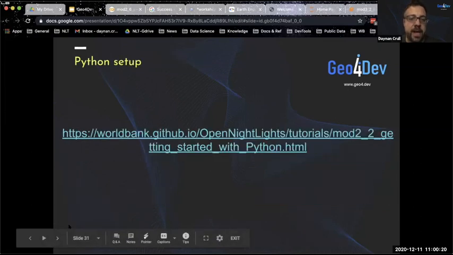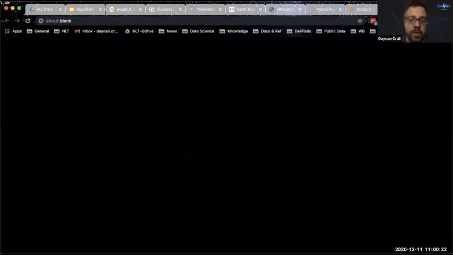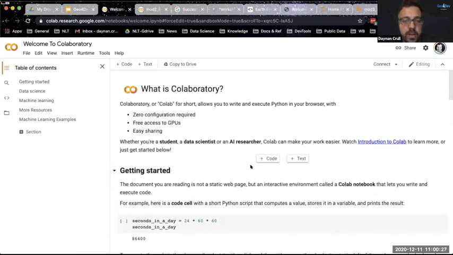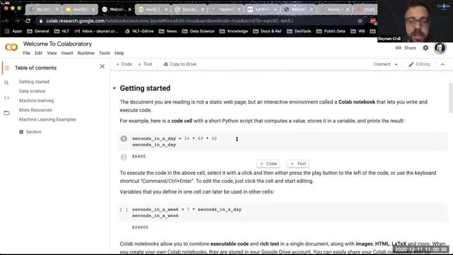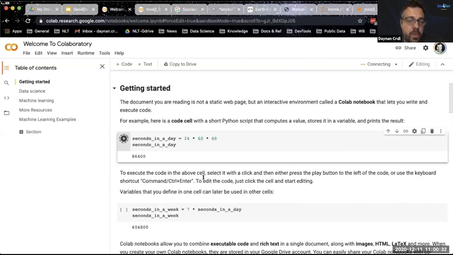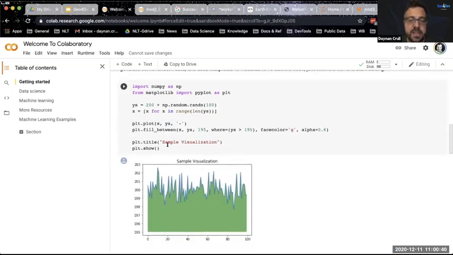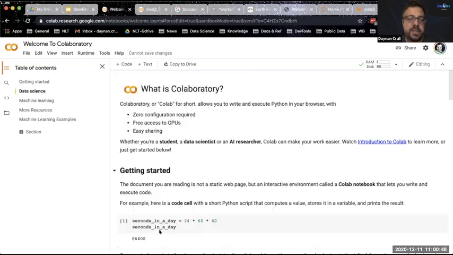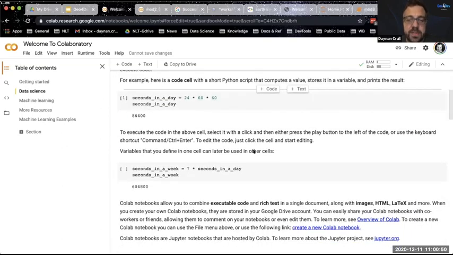You can spend some time playing around with notebooks. Here, I'll open another one. This is just a generic Google Colab notebook. It tells you what they are. There's a video if you want to look at it. This is actually code that I'm running live here. And what are the seconds in the day? Well, that's the formula 24 by 60 by 60. There's my answer. So you can see that this is actually helping to run code. Here's something a little bit more complicated. I'm making an actual plot, and so on and so forth. So this is the advantage of notebooks, is you can mix text and plots and code. And if you're not familiar, it's a useful thing.